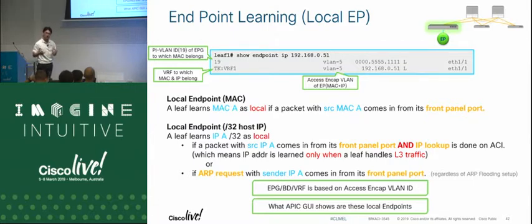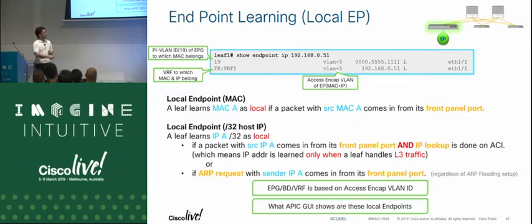What about the IP address? That's the difference between ACI and the normal switches. We learn the IP address from the data plane as well. So how do we do that? We have two scenarios. The first one is this one. If the packet comes in from a front panel port, again, it has to be a front panel port. If it's from spine, it's not local. Then if that packet is routed traffic, we learn MAC and IP at the same time